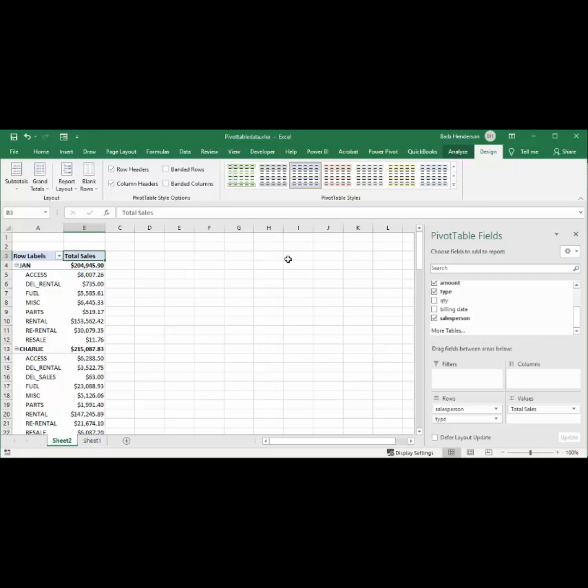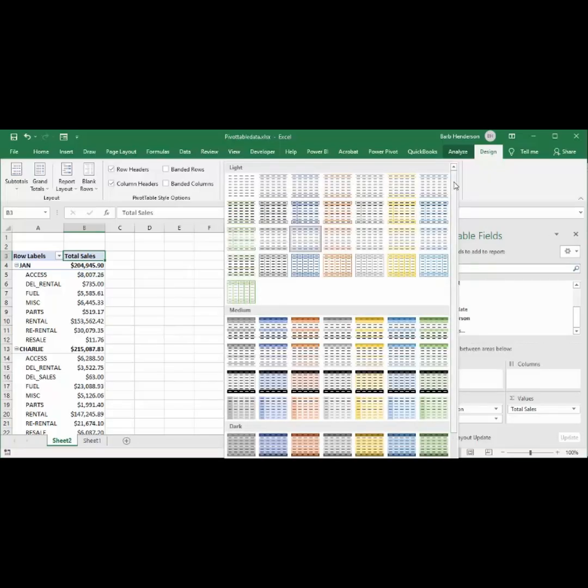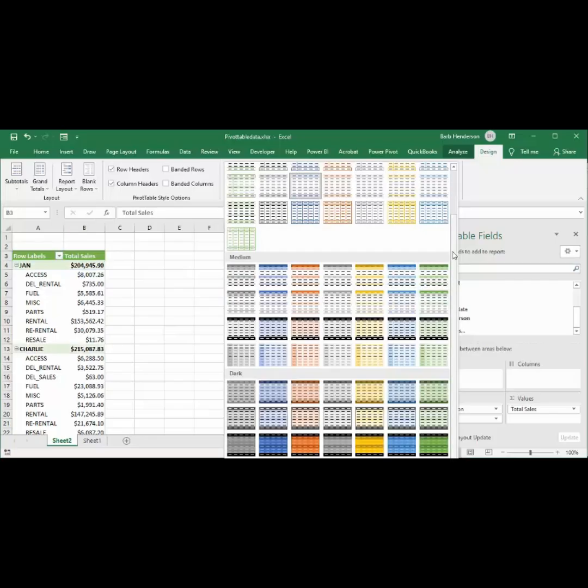Now, the other thing that we have here on this design is we have different pivot table styles. If you drop down the list arrow, you have all kinds of different pivot table styles that you can select from. So the nice thing about these is that you can mouse over them and you can see what your style is going to look like. And so I think I will pick